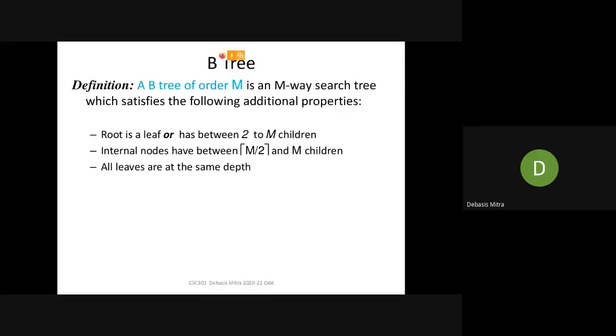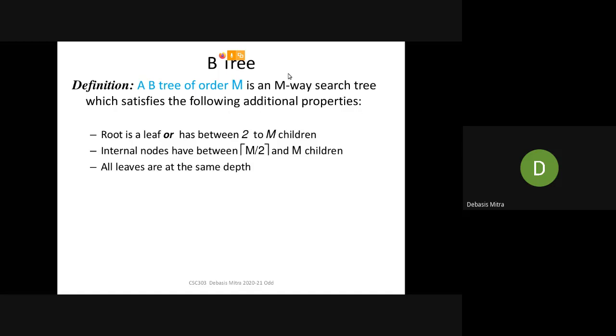Have that variant B tree. So formally, a B tree of order M. This order M term is important, because the M may vary. A B tree also has a general definition. Based on this value of M, there may be different kinds of B tree. We'll see later. A B tree of order M is an M-ary search tree which satisfies the following